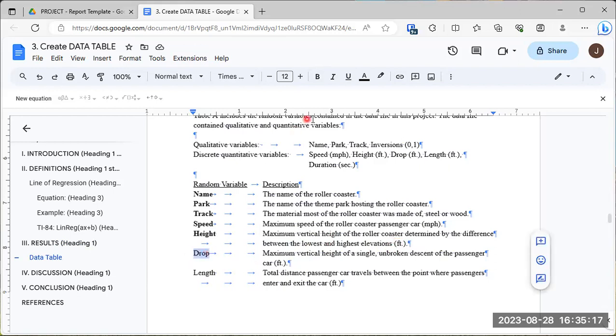And I've got drop. So what exactly does drop mean? It is the maximum vertical height of a single unbroken descent of the passenger car in feet. Length. I just have to remove one of these tabs. The total distance the passenger car travels between the point where passengers